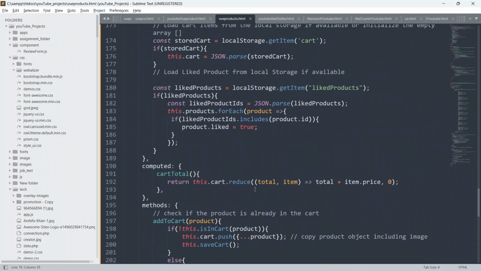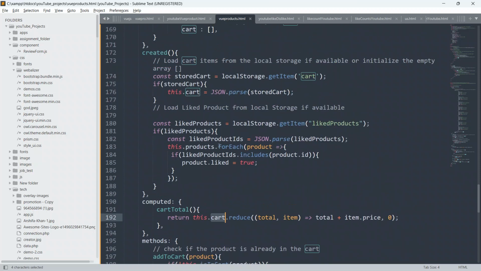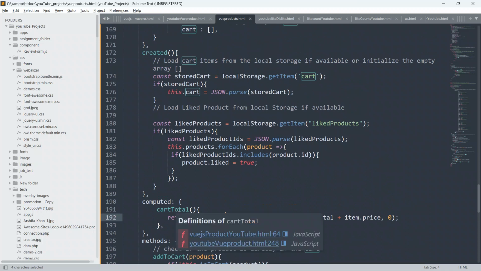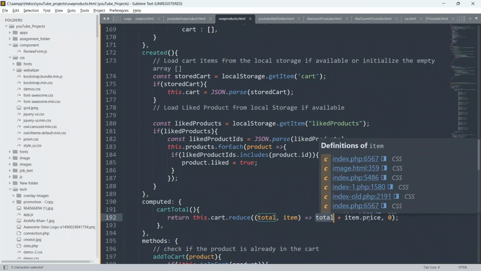Let me check what the issue is. Cart total, here this dot cart. Return this dot cart, computed, return cart total, and it says this dot cart dot reduce, total and item, arrow function total plus item dot price.